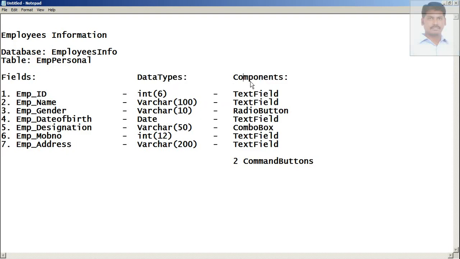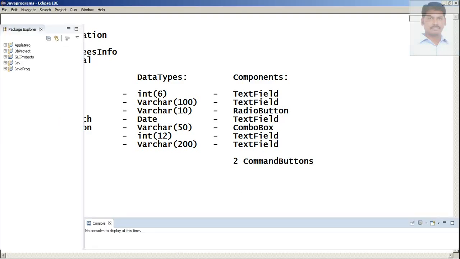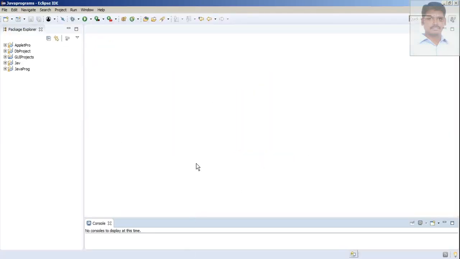And the components I am going to use in Java programming are text field, radio buttons, combo boxes, and we should have at least 2 command buttons. Let's start. I already kept open Java programming with the Eclipse IDE. First of all, you should have